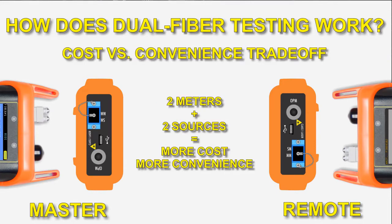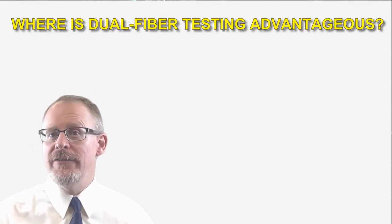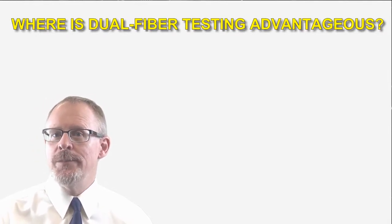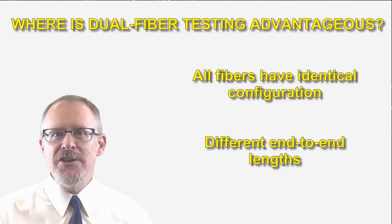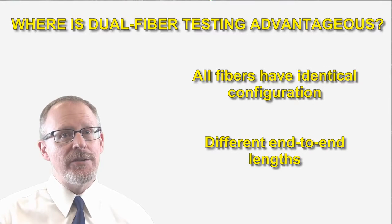But because each BIDI set includes essentially 2 power meters and 2 light sources, this results in a trade-off where you will pay more for the added convenience. So there are certain cases where dual fiber testing is quite an advantage over single fiber testers. Dual fiber testers are especially beneficial in instances where there are a large number of fibers that are identical except